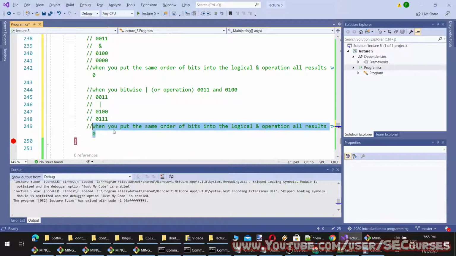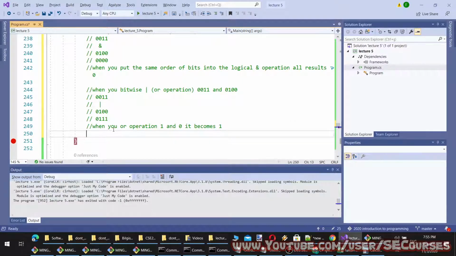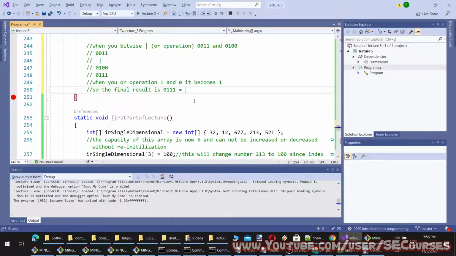So the result becomes 0, 1, 1, 1, which is equal to 7.